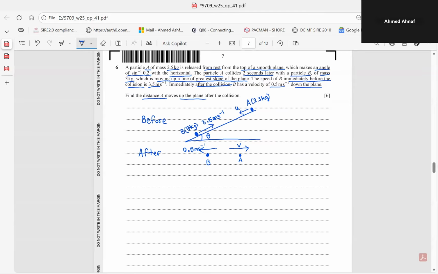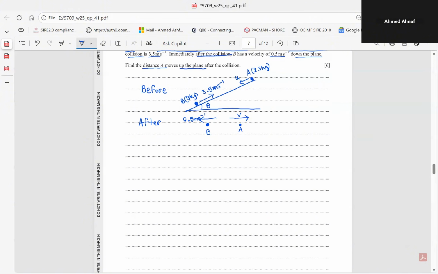Okay. So we are told that particle A collides 2 seconds later. So the later is with reference to the time that it's released from rest. So the initial speed is of course 0. So to find the speed, we need to know its acceleration, okay? So to know the acceleration,